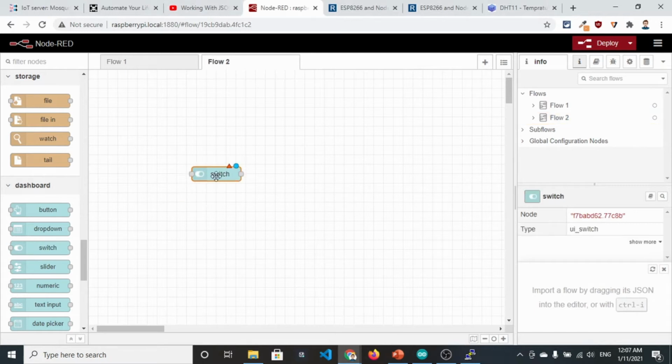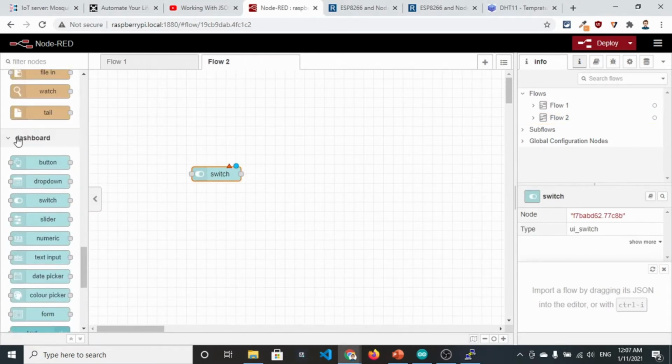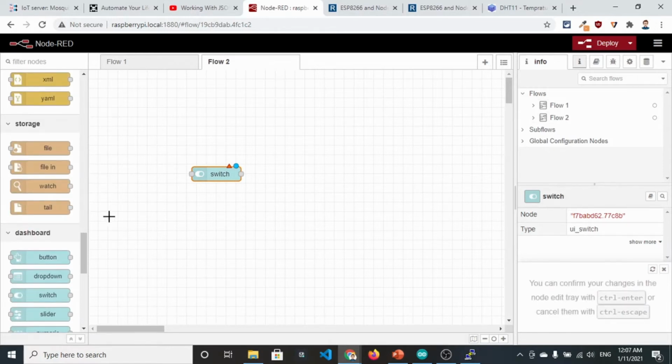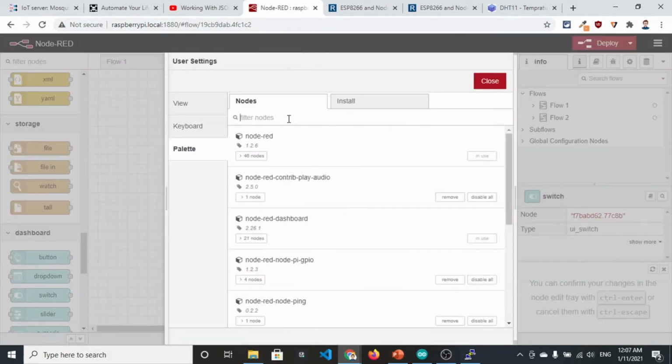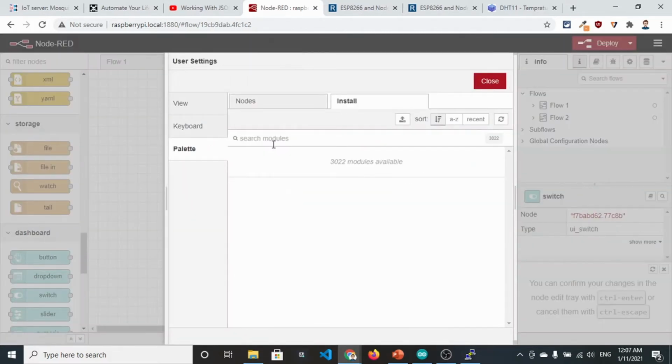switch here. If you don't find the dashboard section on this left sidebar, you can easily get it from the manage palette section: search for install and go for dashboard.